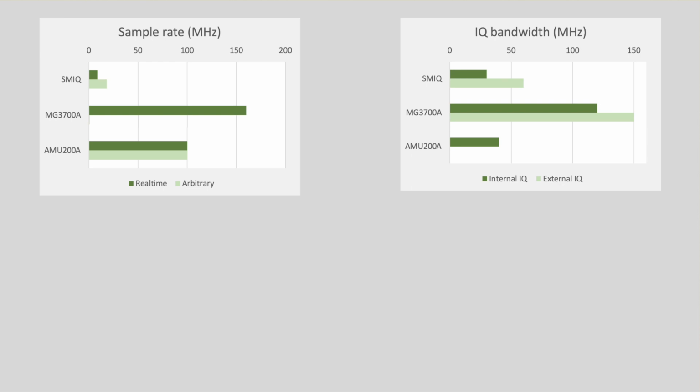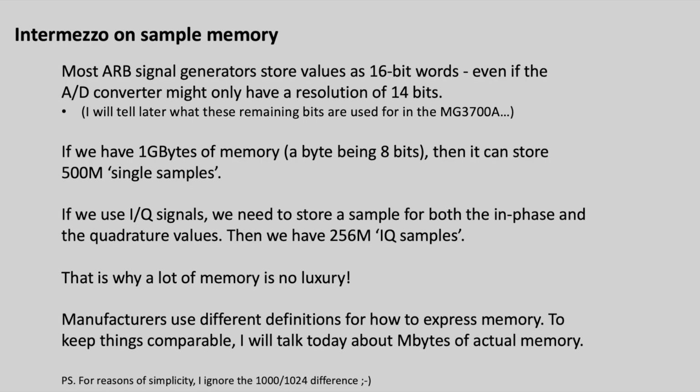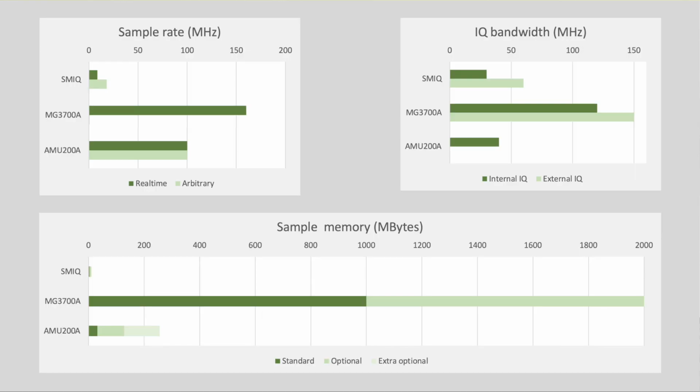And then when it comes to the amount of sample memory, the difference is even going to be bigger. Here you see the SMIQ, and I'm not showing the numbers here, I got them somewhere in another table, but it's really small. You can add some additional memory, but you can hardly see it on the graph. The MU can go to some 200 megabytes of sample memory. I'm expressing this as megabytes, so a byte of 8 bits. So if your word is stored as a 16-bit thing, then the number of symbols or words you have is half. And you have to cut it in half again if there's a separate I and a Q channel, obviously. But anyway, the Anritsu as a standard is sold with 1 gigabyte, so 1000 megabytes,